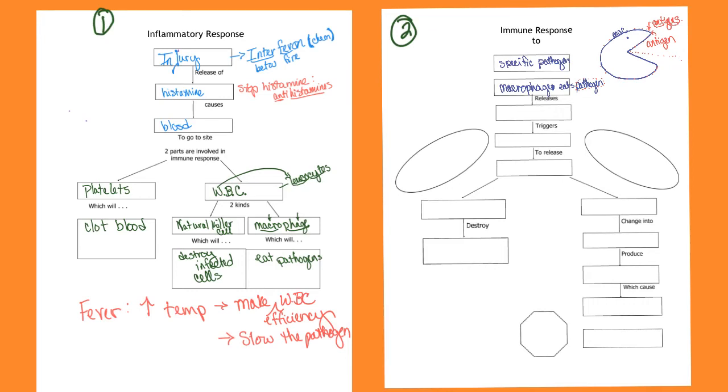And when the macrophage has eaten, he sends out a chemical. And that chemical is going to be called interleukin 1. Inter meaning between, leuco meaning white. It's interleukin number 1 because it's the first thing that happens. And that is going to trigger something called a helper T cell. I'm going to switch back right here. This helper T cell